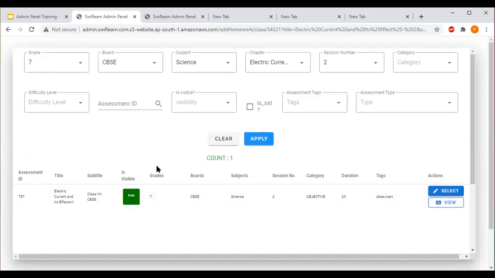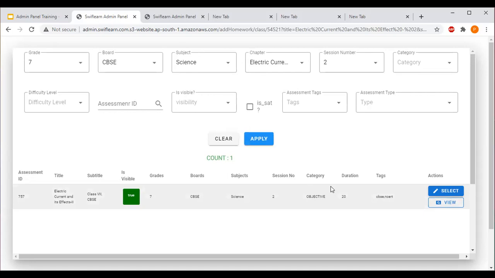Now the teacher will check here the grade, board, subject and category of the homework. This is very important, the category of the homework. Why? We have two types of homework, objective and subjective. So we will show you both. In objective, there is a question and options for the answer. The student has to choose the right one. But in subjective, it is a question with a proper answer. The student has to write it and upload it. Now, while assigning the homework, the teacher has to focus more on subjective if subjective is there.